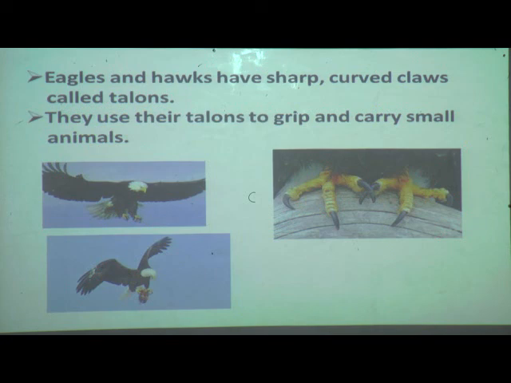Swimming birds means what? Webbed feet only, okay. And the last we have studied is talon feet. Got it? Clear till here?